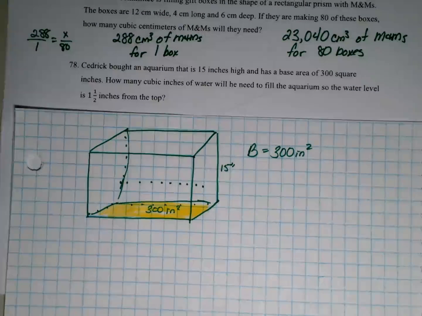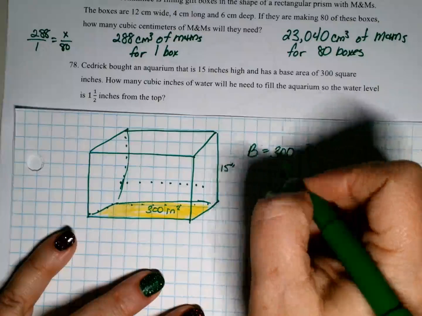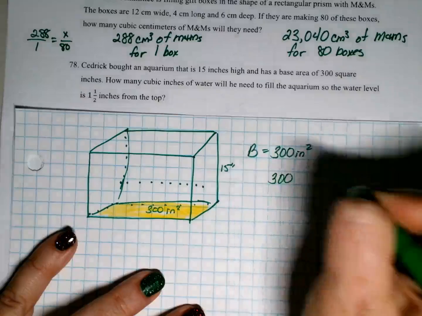So they want to know if we fill it to 1.5 inches from the top. So are we filling it the full 15 inches? No. How far are we filling it? 13.5. Okay, so I'm going to take my base area, which is 300,